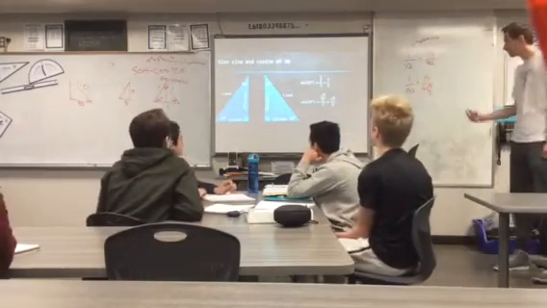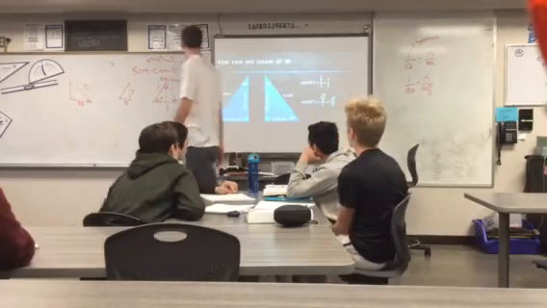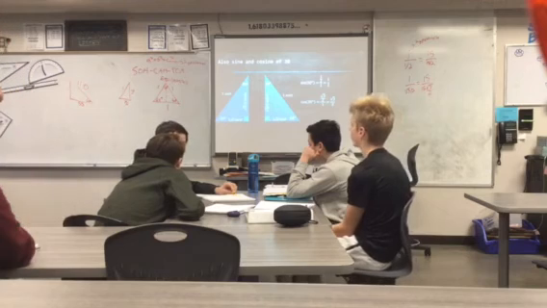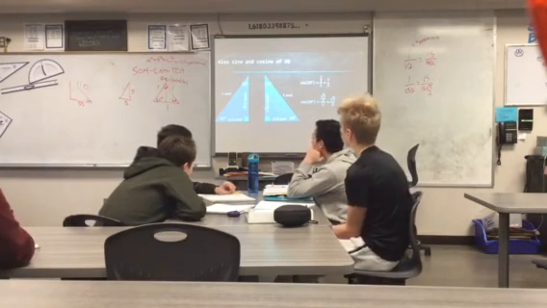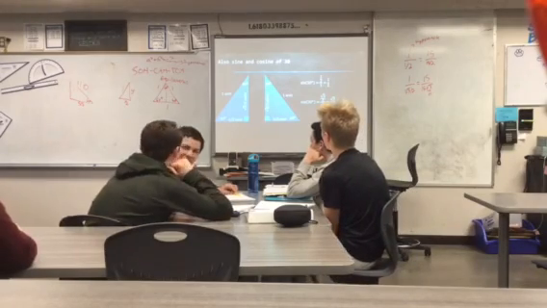Sine of 30 is 1/2, cosine of 30 is root 3 over 2. So you notice these are just opposites of each other, right? So if sine of 60 is root 3 over 2 and cosine of 60 is 1/2,